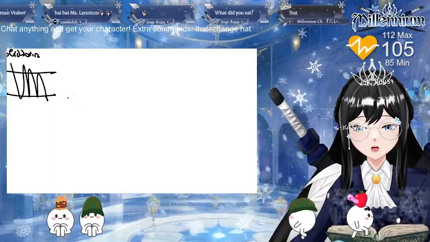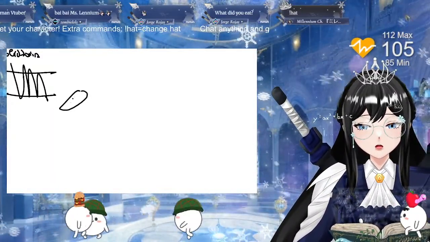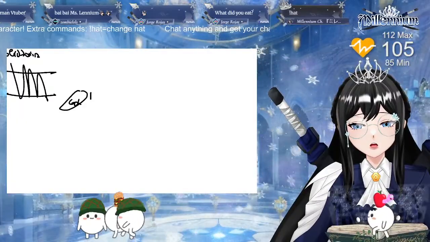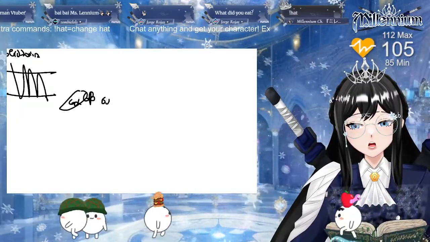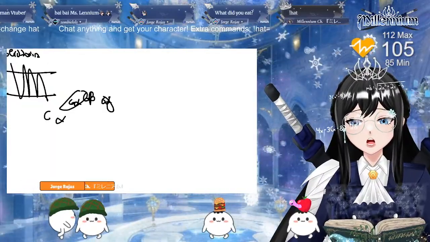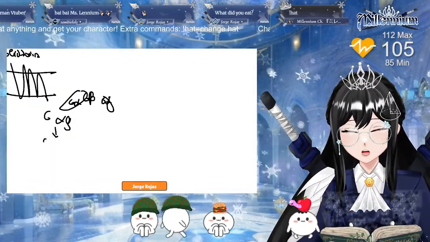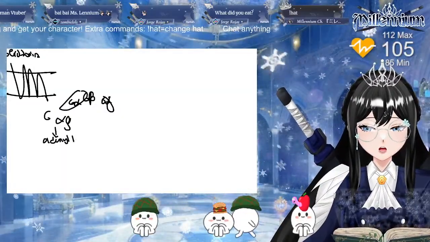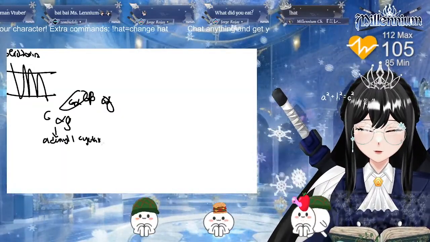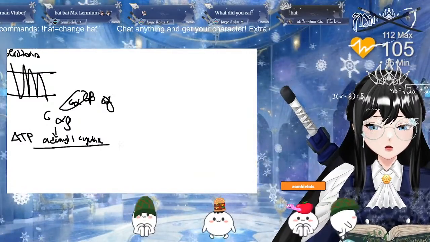Now GPCR activates the Gs, so you have the G alpha, G beta, G gamma. And this G alpha is an S type, so it now activates adenylyl cyclase, which converts the ATP to